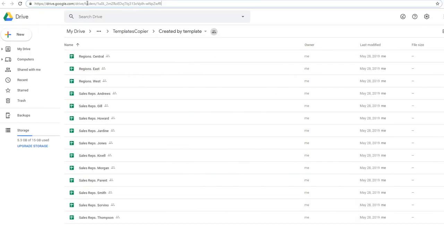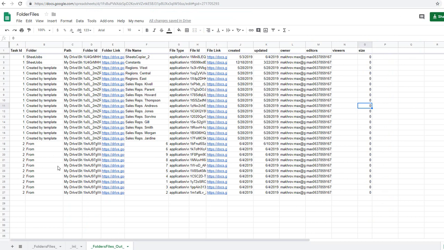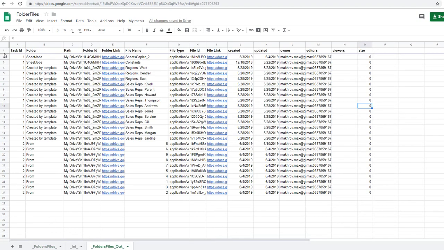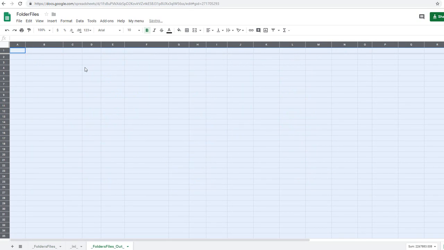See in the browser URL, it has the address drive.google.com, drive, folders, and the folder ID. Just copy this ID, go to the main file called folder files, and go to the sheet folder files, and paste this ID here, and that's it. And add some ID. I already have this folder, so then I'll clear all this sheet, just delete it,